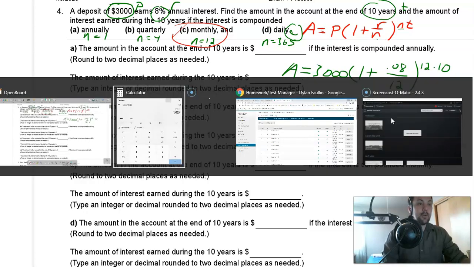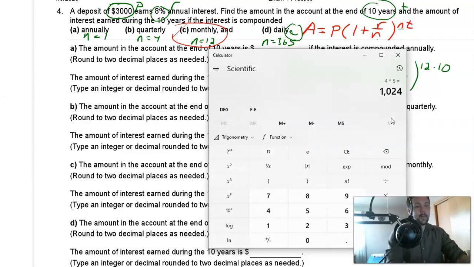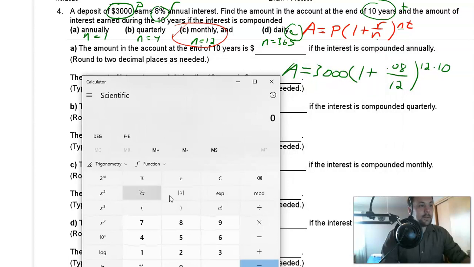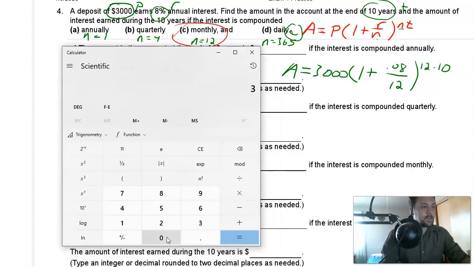So let's go ahead and pull up my crazy calculator that is a little bit hard to use. Hopefully your calculator is a little more user-friendly. So I'm going to type this in. Let me make sure all of it is visible. So 3,000 times. Now on your calculator, you might not have to put the times there. You could just start your parentheses. But this calculator I found, I have to put the times there for it to work right. So parentheses